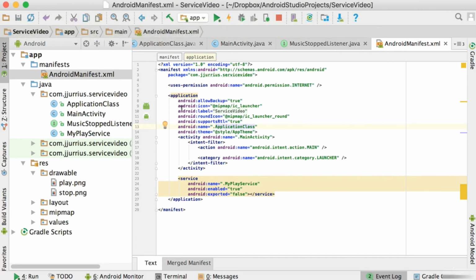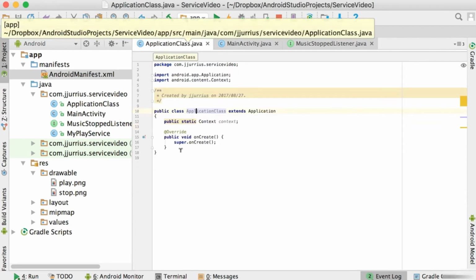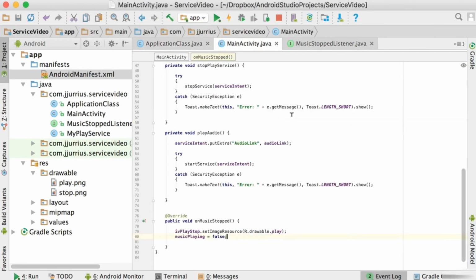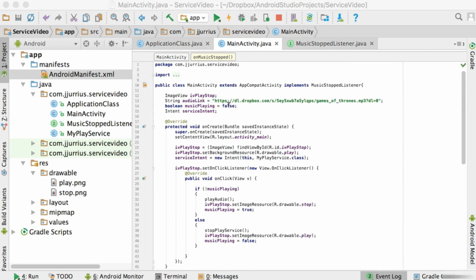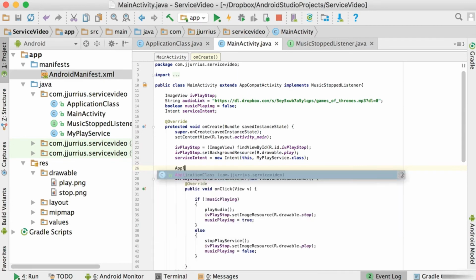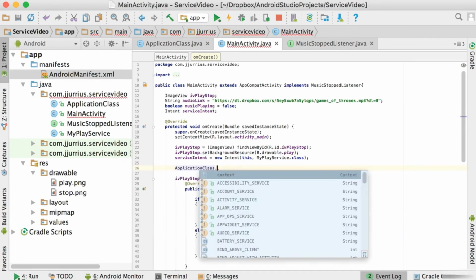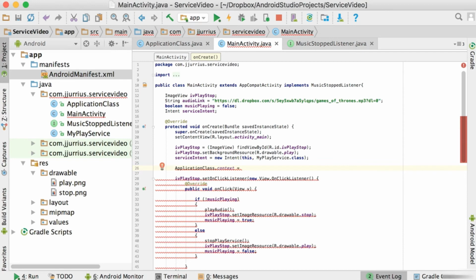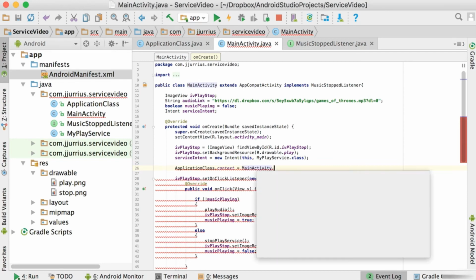So I'm basically saying in the application tag, this is the class that should run right at the start of my application, setting up some static variables or whatever you want to do. In this case, I'm setting up a context variable there. And then inside of the main activity, we can just set up that context variable quickly. So as soon as my onCreate starts there, we can just go and say on the application class, there's a variable called context, and I want to set that context to the main activity. So I'm going to say MainActivity.this,